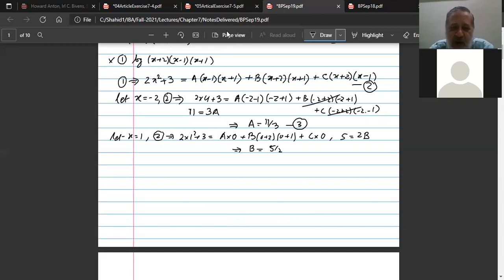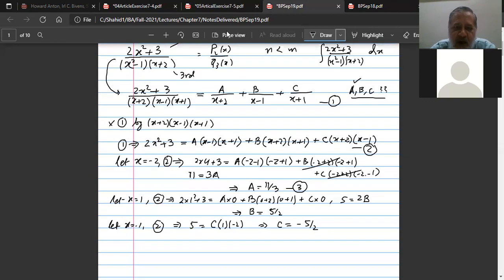अब देखना है कि a और b को खत्म करने के लिए तो a और b में कॉमन फैक्टर x plus 1 है. So let x is equal to minus 1. So 2 becomes what? Minus 1 square, so 2 plus 3, 5. Minus 1 इस पे रखा 0, minus 1 इस पे रखा 0, और c times what do we have? x की जगह minus 1 रखा, 1 into minus 2. So we get the value of c to be minus 5 by 2.